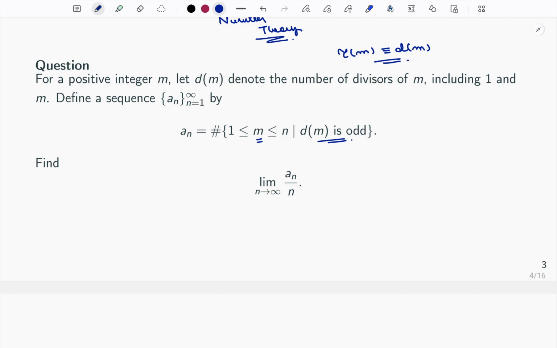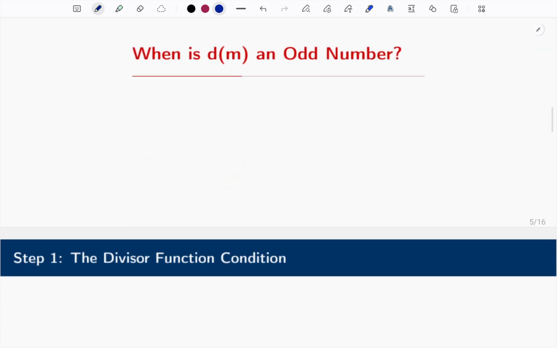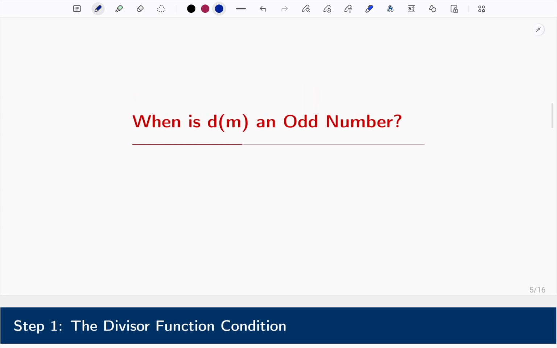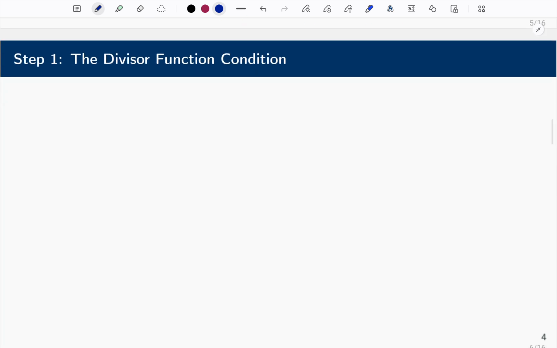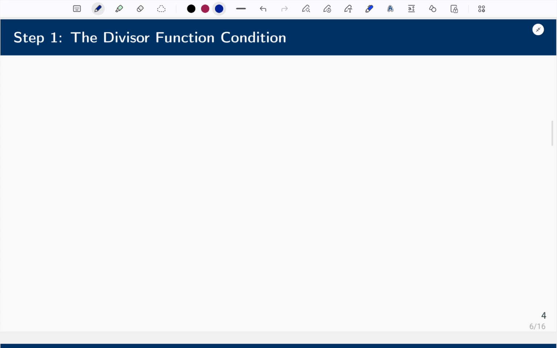Now this question is actually very simple once you identify the value of a_n. On a first reading it might not seem that easy to find the value of a_n, but actually it's quite easy once you get a bit deeper into it by evaluating the function d_m for an arbitrary natural number. So the first question that arises is: when is d_m an odd number? So recall